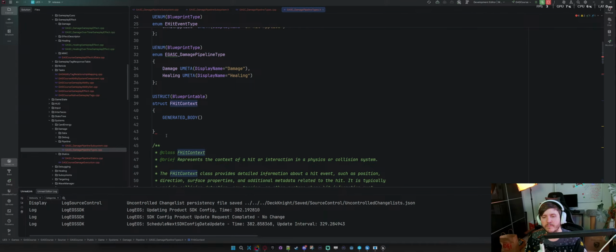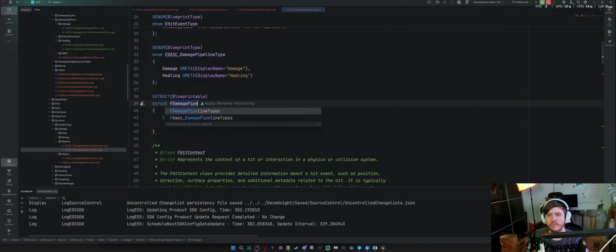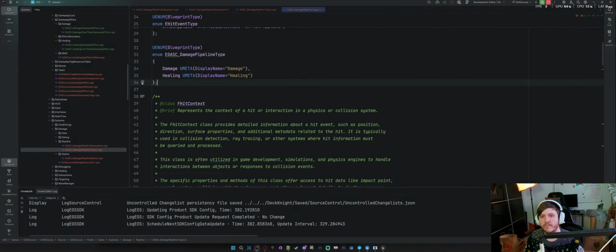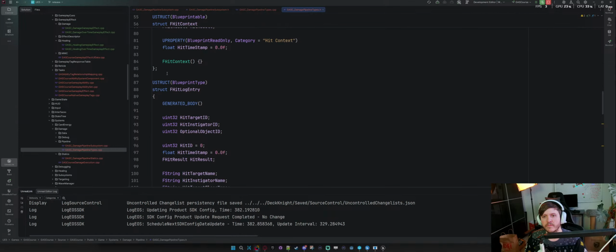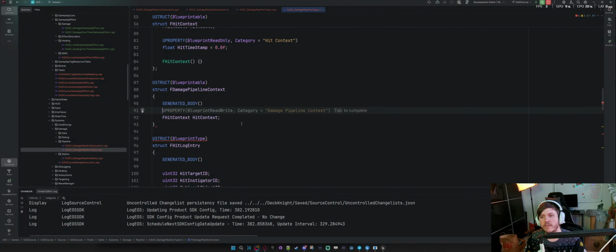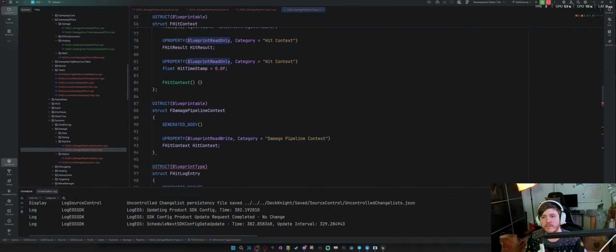Oh, I'm doing hit context twice. So F damage pipeline context. I think this has to go second in the declaration here. Hit context, but I don't know if it needs to be blueprint read write. Read only, probably.